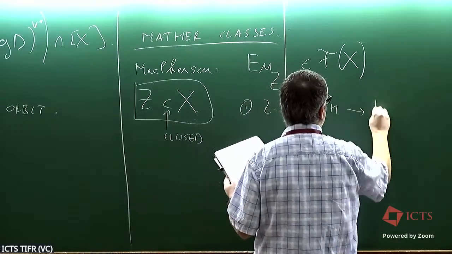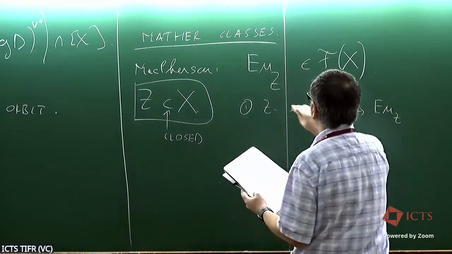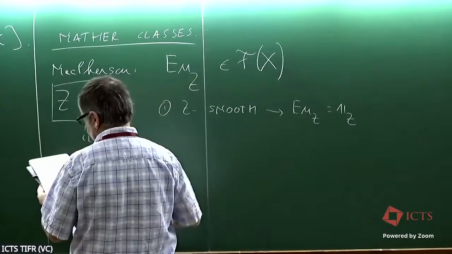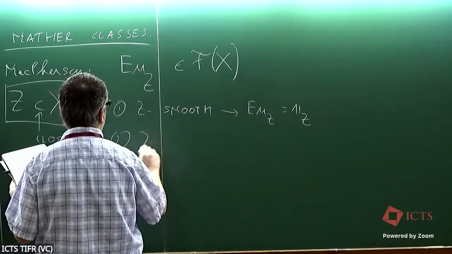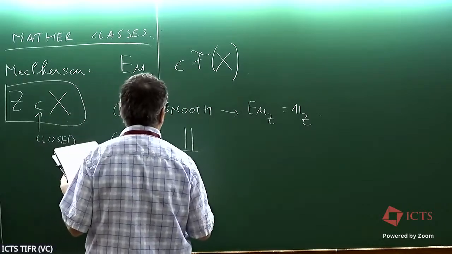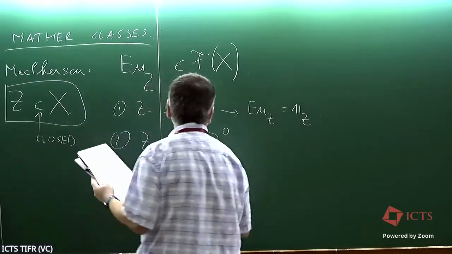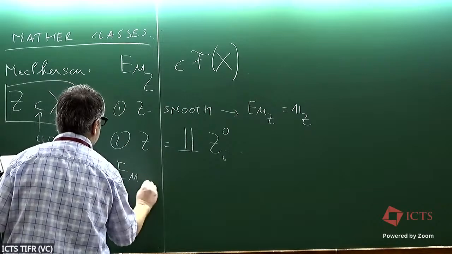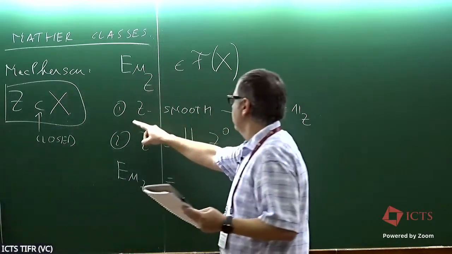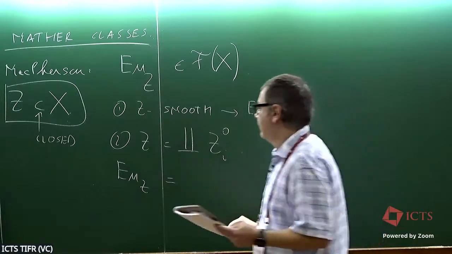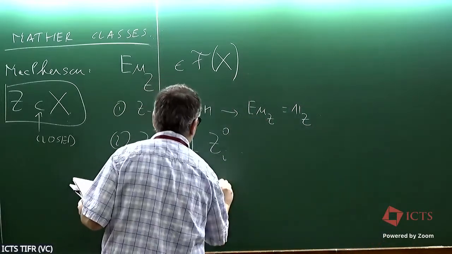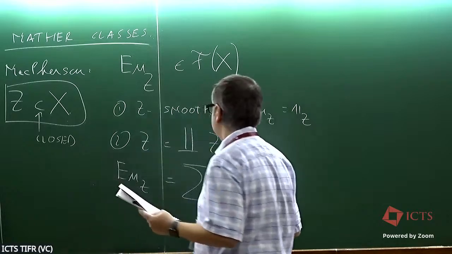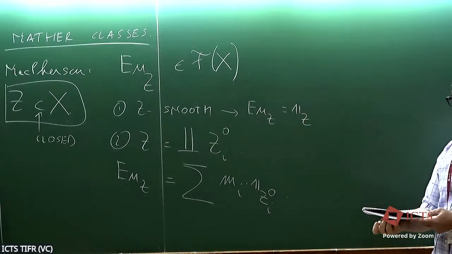If Z is smooth, then this local Euler obstruction, Eu of Z, is just the indicator function of Z. And also, if you have some type of Whitney stratification, with some strata here, then first of all, the local Euler obstruction is going to be constant on the strata, and you can write this function as a sum with some multiplicities times the indicator functions of the strata. I'm not exactly telling you what these multiplicities are, and this is where the difficulty is.